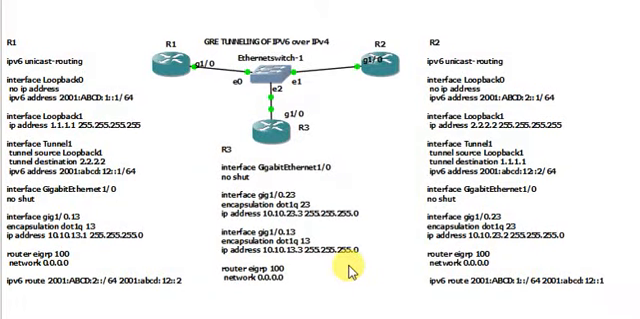Hi guys, this is a simple video on GRE tunneling lab of IPv6 over IPv4. What we are going to demonstrate here is this is R1 and R2, the two routers, and they are going to have a